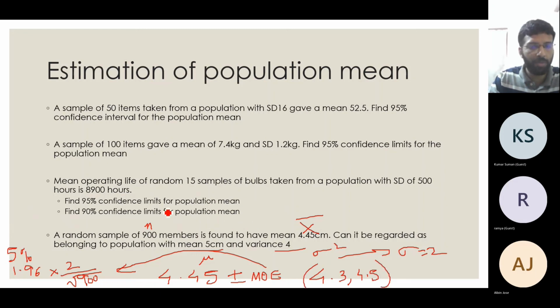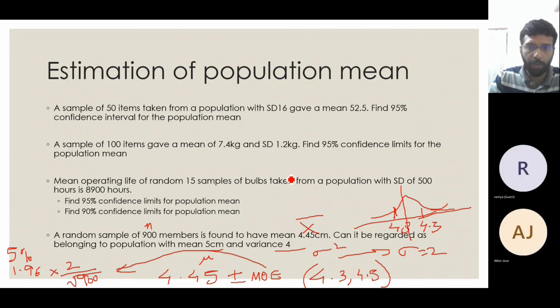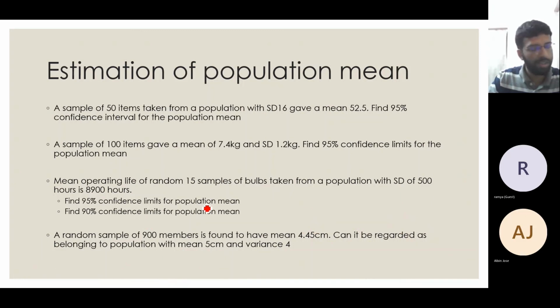If you see the given population, its mean is 5. If you think in terms of the normal curve, I found that my mean lies between 4.3 and 4.5 for this sample, whereas for the actual population that I was asked to check, it is 5. This area we know is the rejection region. So from this confidence interval, I can tell that this particular sample cannot be part of this particular population. With that, we can move to the t-distribution.